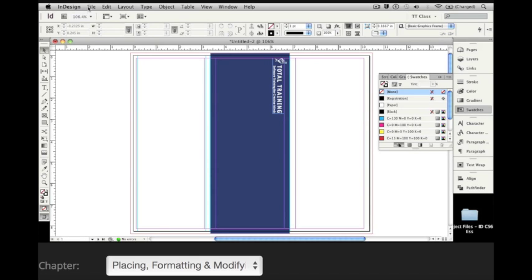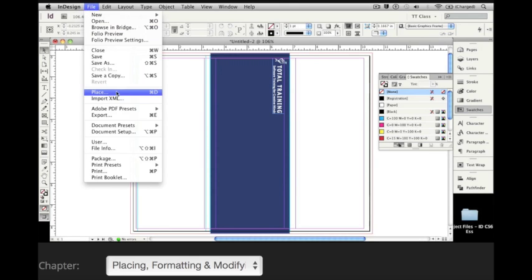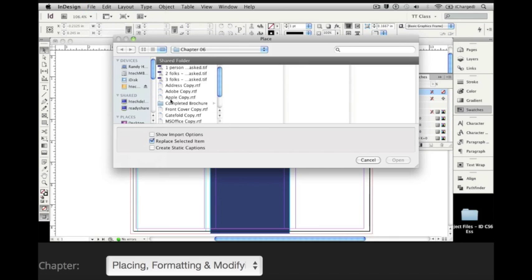So I'm going to go to the File pull-down menu. Now I'm going to go Place. The keyboard shortcut for that is Command D if I'm working on the Mac, Control D if I'm working with InDesign on a Windows PC. I'm going to select that, and in this case what I'm going to do is grab